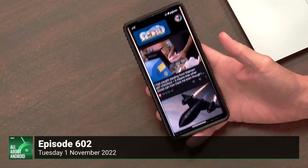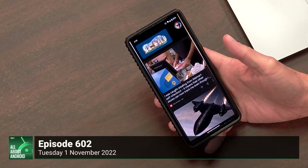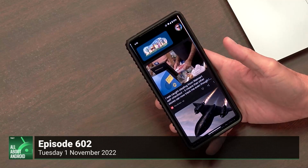Ooh, that is a dare. There it is. Okay. Oh, snap. So, hold on. The first article in my feed. So let's see here. Okay, so I'm opening it up. I've swiped over to Discover, and it looks like my first article is titled, oh, it's a high-quality article. I was caught stealing from Walmart's self-checkout. It means that other stores can now track me even though I...